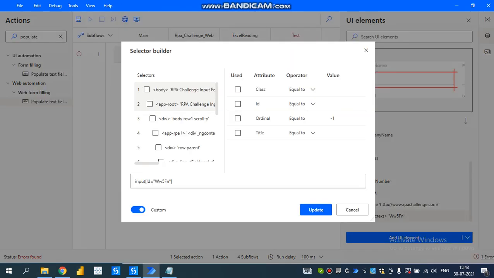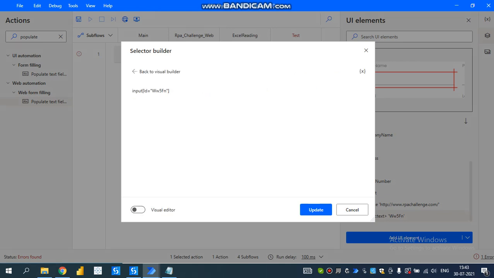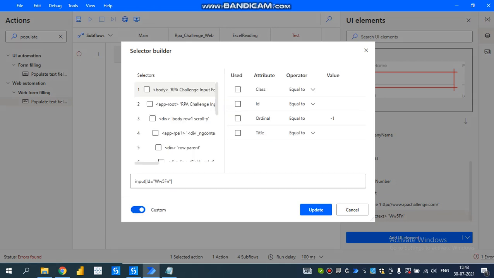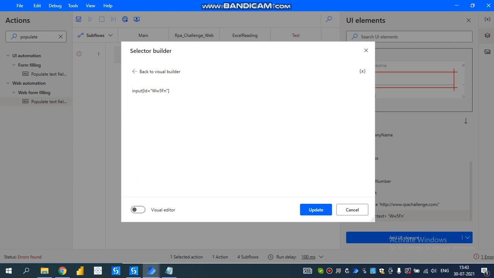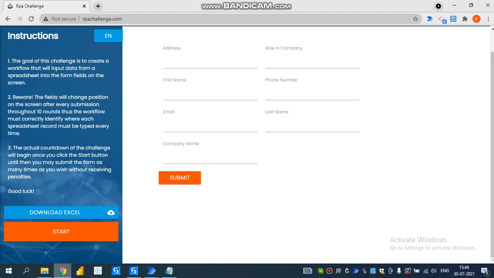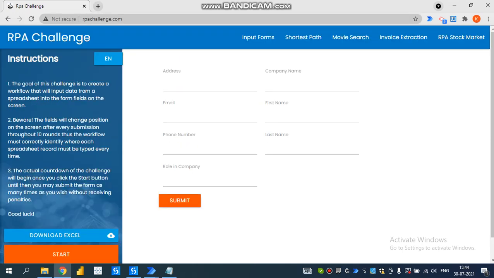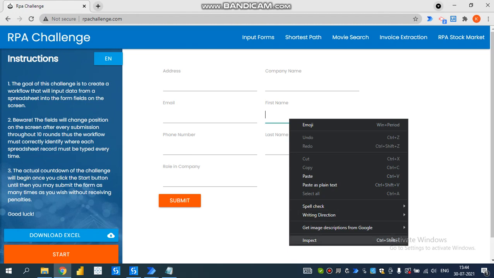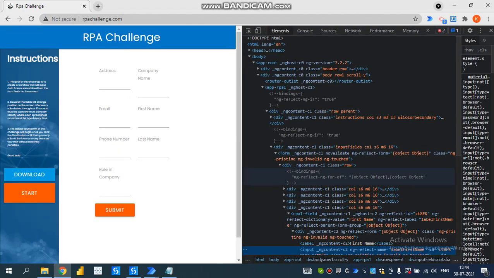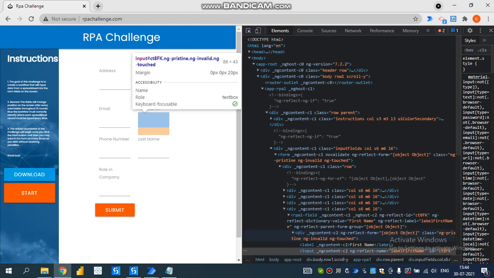Now we choose custom selector, and here you see input brackets with id equal to some random text, right? Instead of using this id equal to random text, just delete this, go to the browser, refresh it first, right click on first name, and inspect.